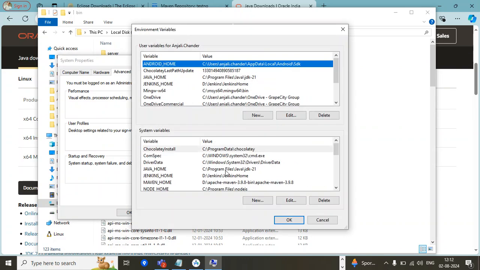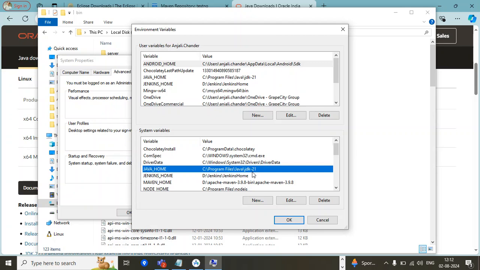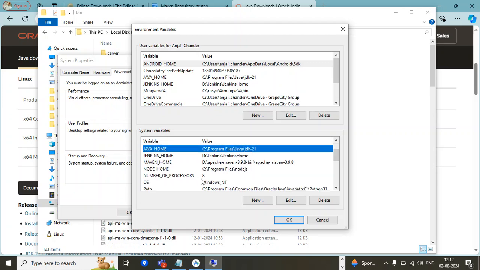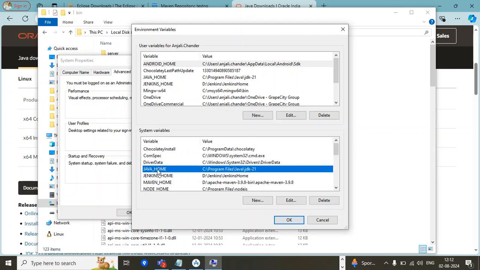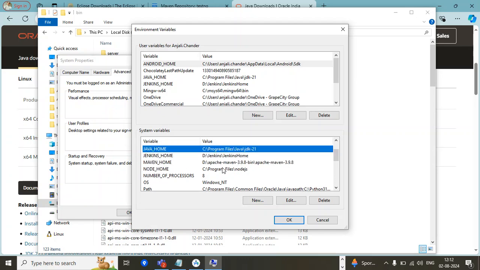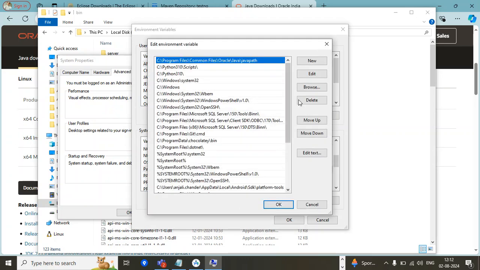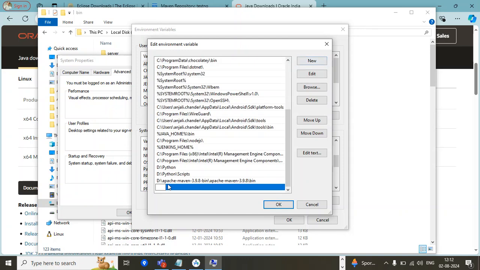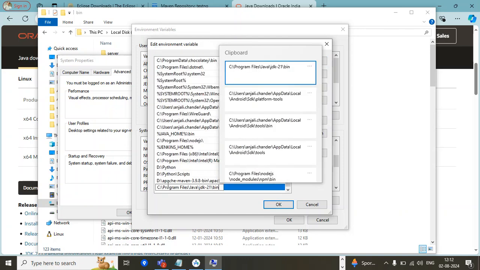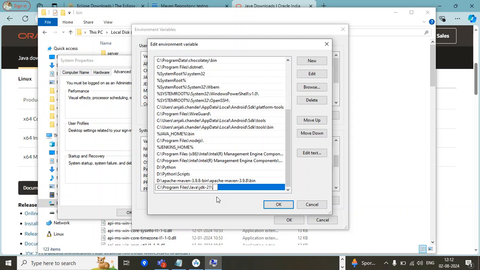Go to the environment variables. See, over here I have added this path too, but you don't have to. If you don't want to add it here, you can simply go to the path, edit it, create a new one, and add your path here. Just remove this bin part. No, don't remove it. Add this bin part too, and that's it. This is your path. You have to click on OK, and that's it.